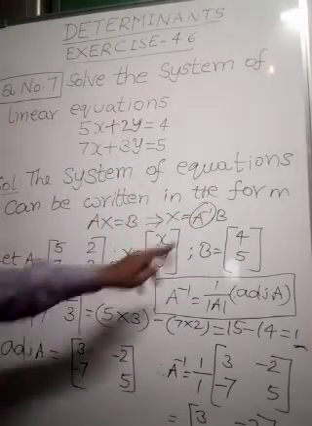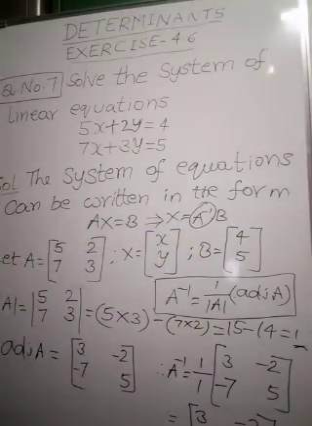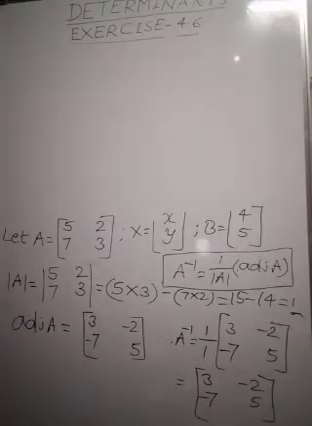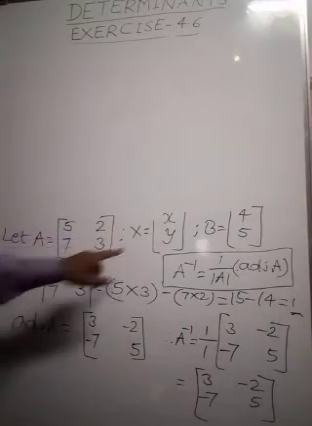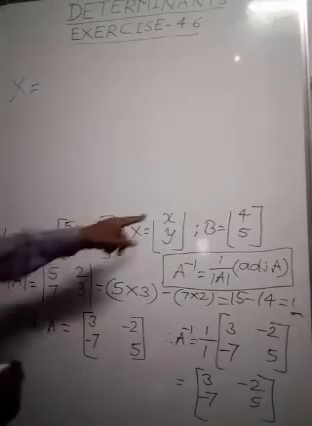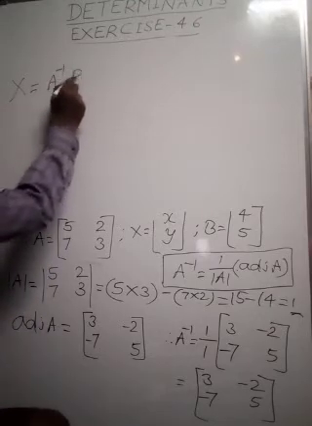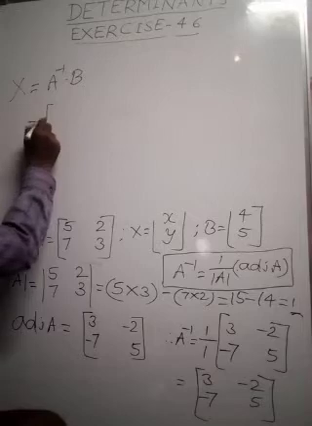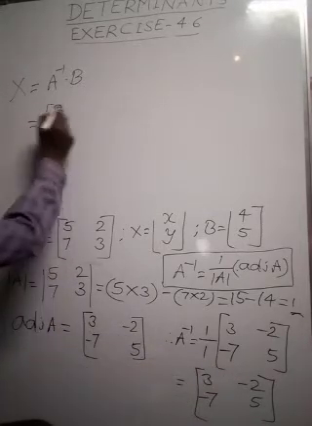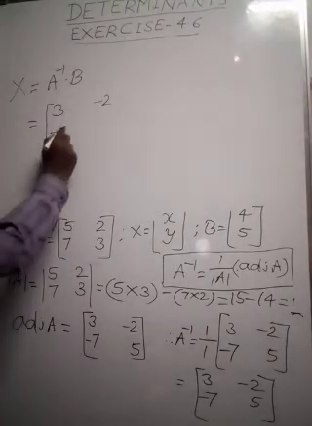Now we have to multiply A inverse and B to get matrix X. Understood, my dear children? Right. Now we are going to find the matrix X. How do you get matrix X? X is equal to A inverse into B. What is A inverse here? What you got here? A inverse is [3, -2; -7, 5],